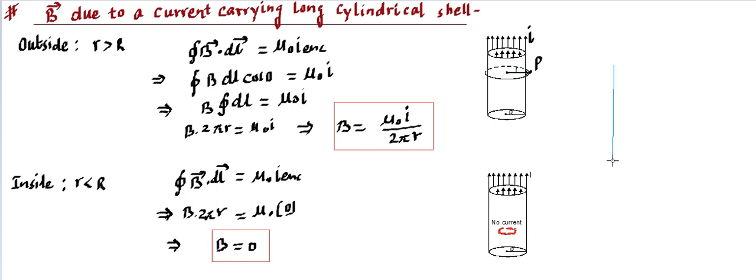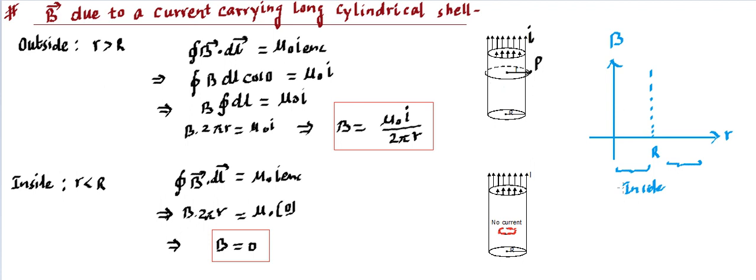how this magnetic field varies with respect to distance from the axis. So let's say there's a graph that we are supposed to draw dependent on two variables, that is the magnetic field B, and it depends on small r, which is the distance from the axis. Of course, we are going to find one turning point or important point on this, that's going to be capital R. So that's going to be the inside portion and that's going to be the outside portion. Anyway, that's obvious, so I'm erasing.